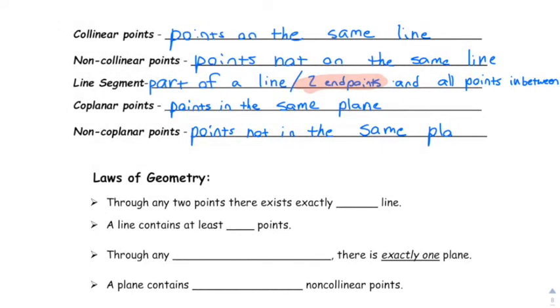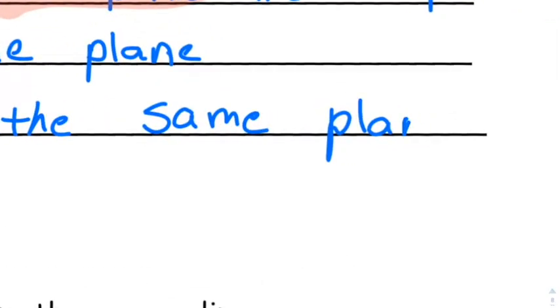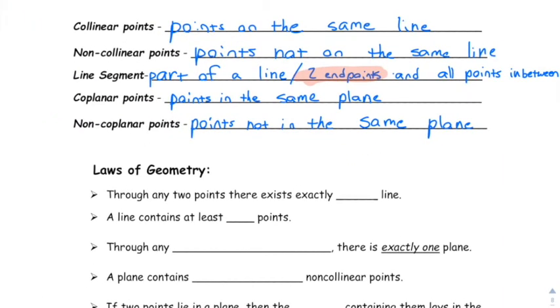Okay, you got coplanar, which is kind of like collinear. It's points all in the same plane. And then non-coplanar, you got points not in the same plane. That got left off there. All right, couple laws of